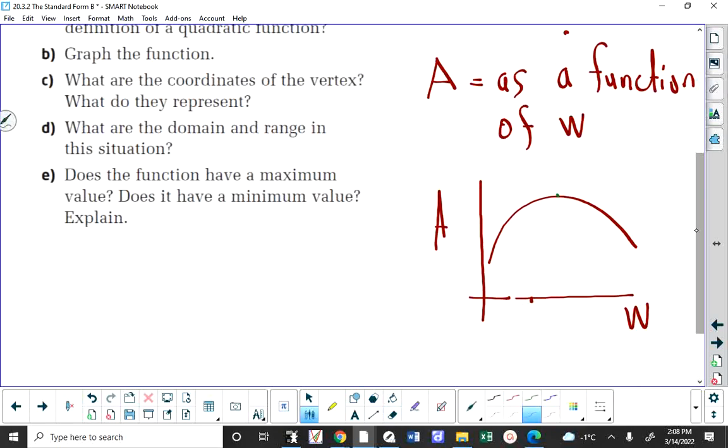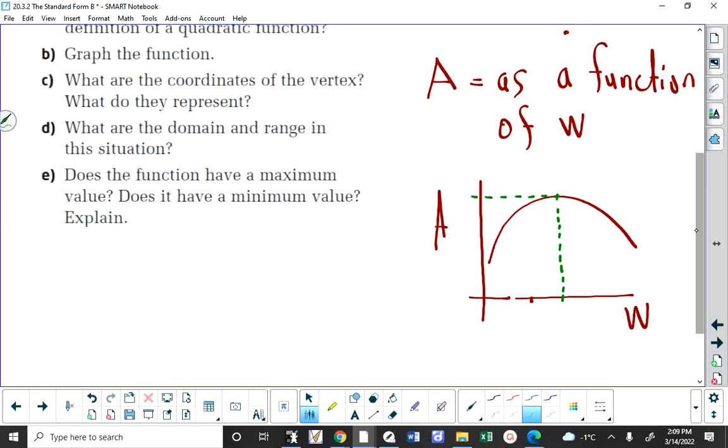And that width, of course, is going to correspond to the vertex. And this is why we learned about the vertex form. So if we can come up with this function, we can locate the vertex, we can answer the question. What A, B, C, D, and E are all getting you to do is they're walking you through it